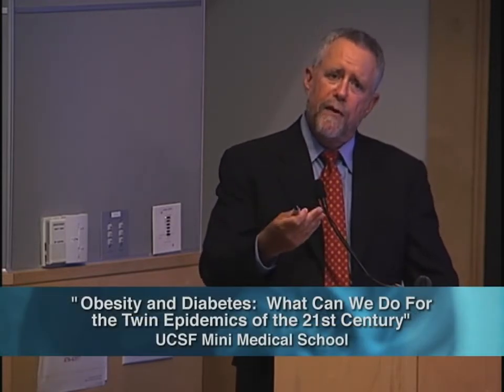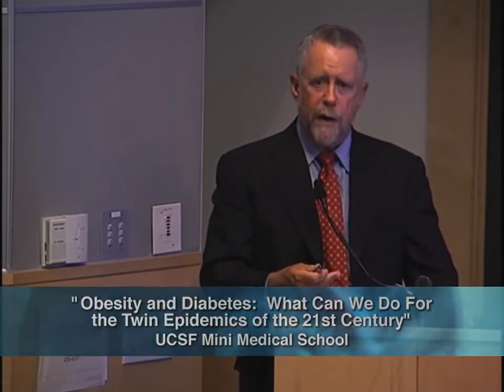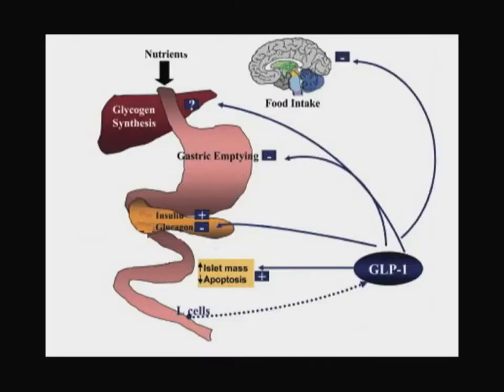So it's a new set of gut factors that stimulate insulin that are now, again, being heavily marketed to treat diabetes. And this is a cartoon that shows how they work. The primary effect is that they stimulate insulin and repress the other opposing hormone, which is called glucagon. They also slow gastric emptying. They maybe inhibit appetite and so on. So these are theoretically a very attractive combination of events for a patient with diabetes.